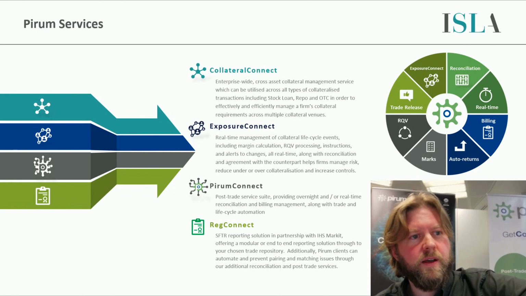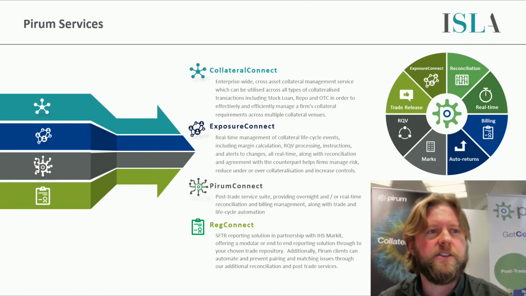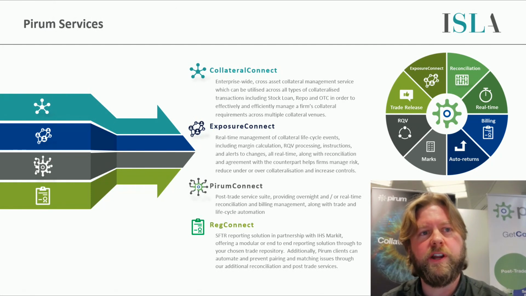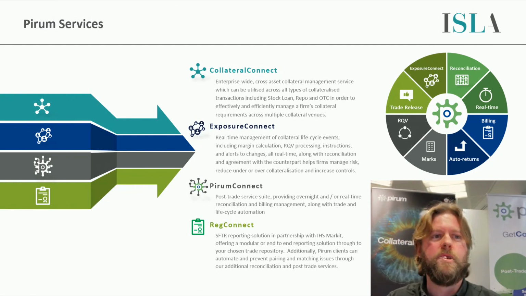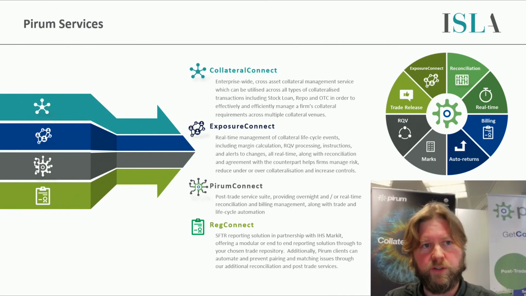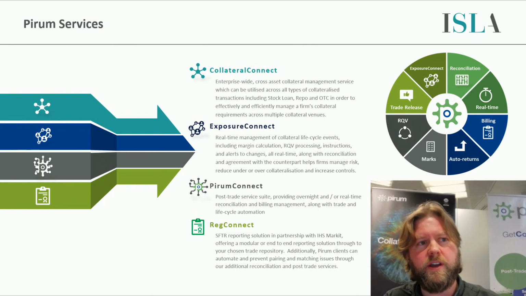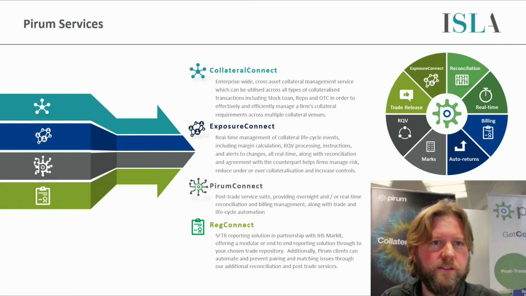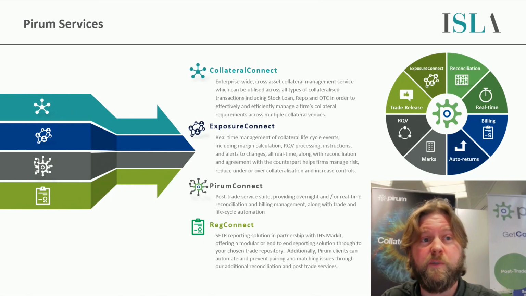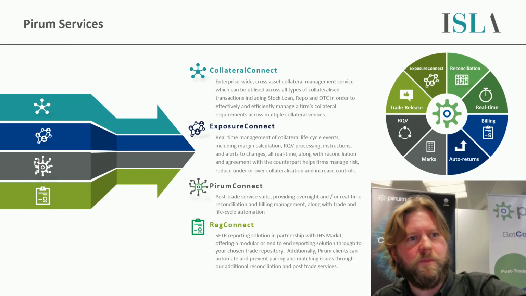And then finally, as Chris was talking about, SFTR Reg Connect. Reg Connect is our most recently added service offering where we partnered with IHS Markit to provide the market-leading SFTR platform to 260 clients. The SFTR or Reg Connect service adds reference data fields that are required, reconciles trades, generates the UTI, and reports to the TRs. And then the next project for that team is to now work on the CSDR solution for Pyram. And just one point on there, if you're not engaged with us on CSDR, please feel free to reach out. Okay, great. So that's enough about Pyram.